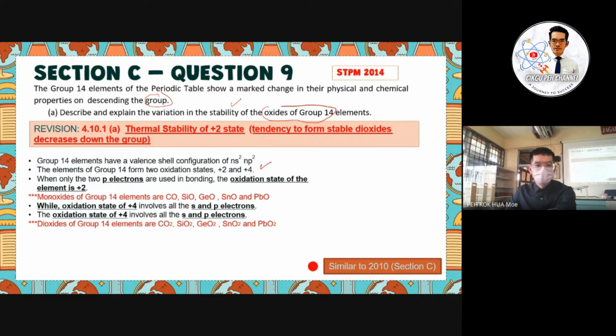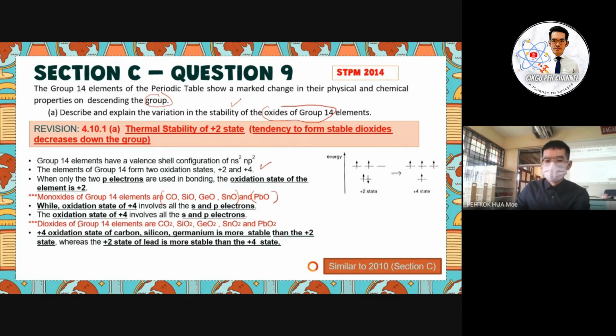Here you have to give the +2 oxidation state compounds. Involved here will be the monoxides: carbon monoxide, silicon monoxide, germanium, tin and lead monoxide. But here I advise you to give the thermal stability for each of the monoxides. Carbon monoxide until tin monoxide will be less stable for the +2